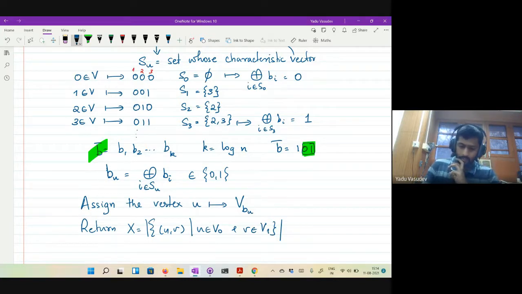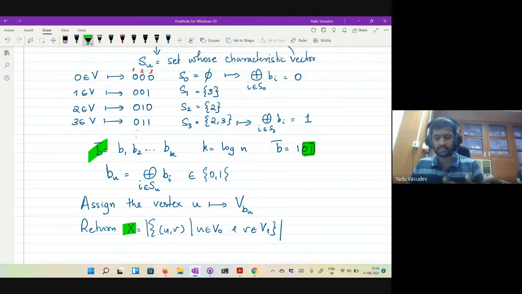Our goal is again to analyze X. It's just that the assignment of vertices to parts has become a little more complicated. You will see that it's not very complicated. As we go along in this course, you will see similar constructions. This is a fairly standard way to get hold of what is known as pairwise independence.